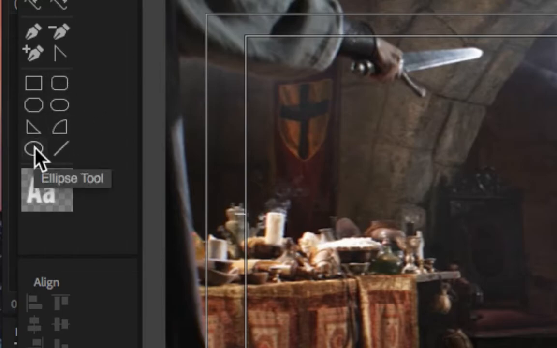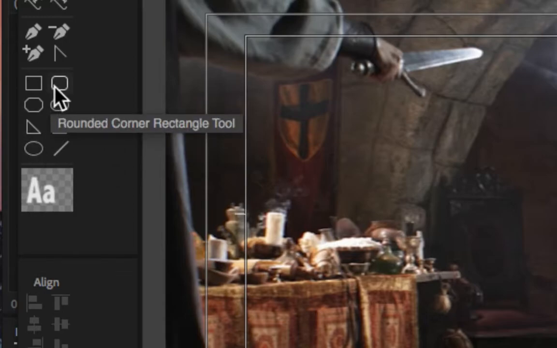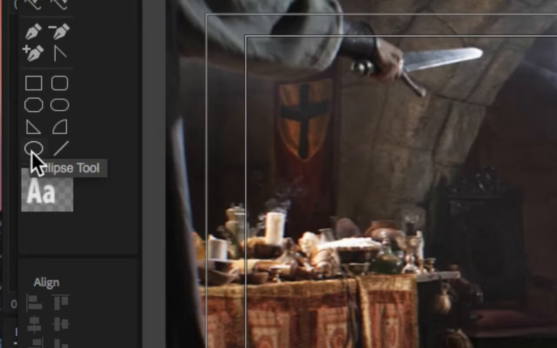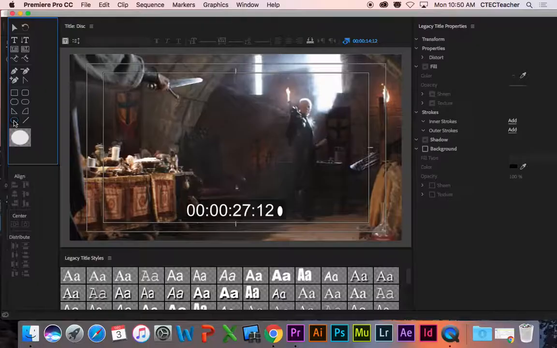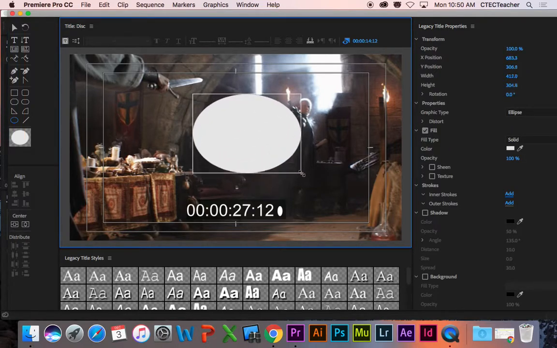Ellipse. Yeah, ellipse is probably good. There's also these rounded rectangles, but ellipse will probably be the best choice. So we can select that, and then we can draw out our ellipse by clicking and dragging down in a diagonal, and you can make it bigger than what will fit